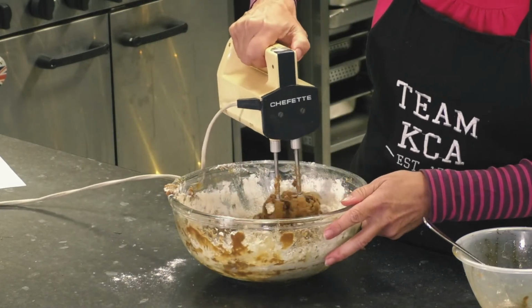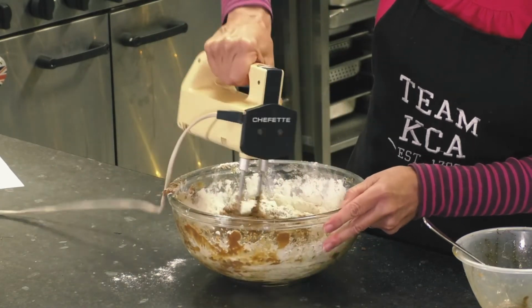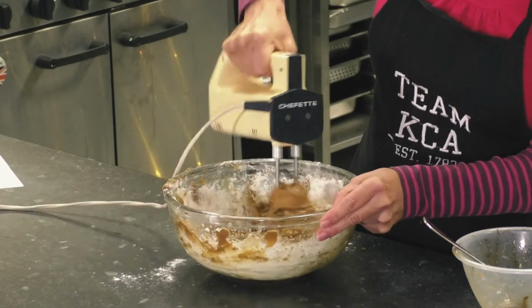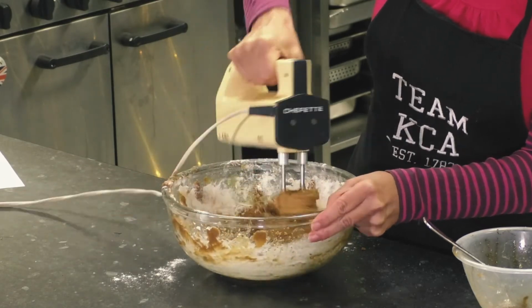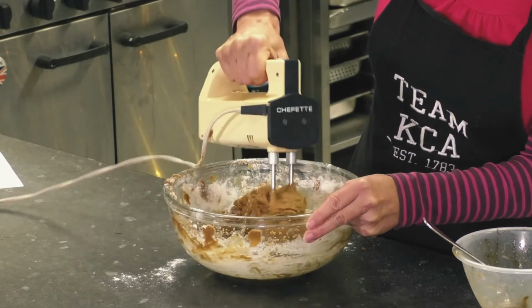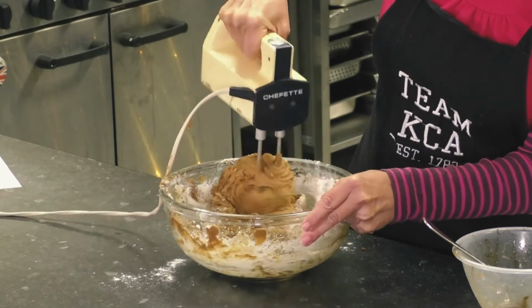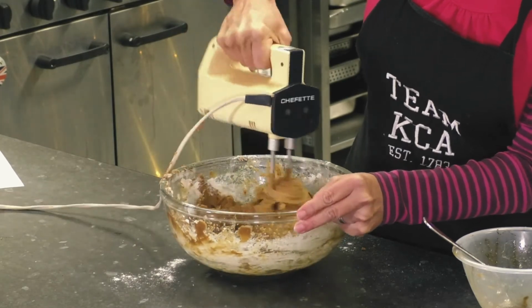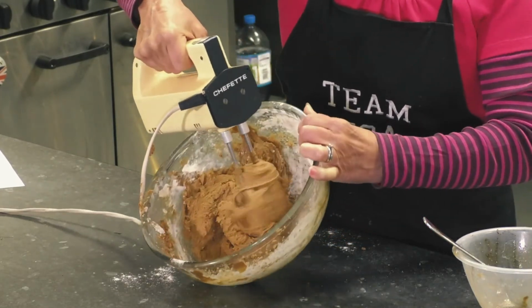Oops, gone quiet. Now it's looking lovely, but if you can see,